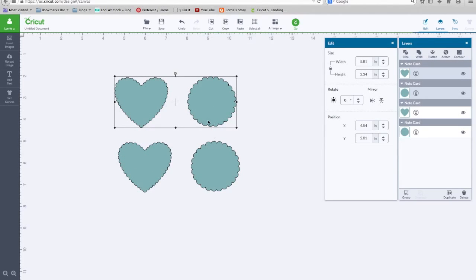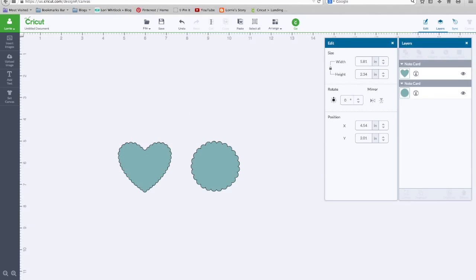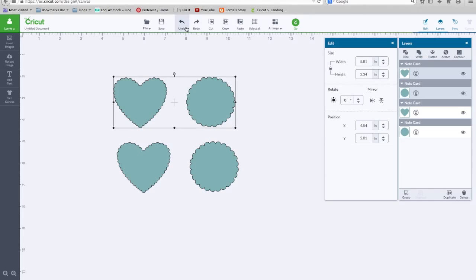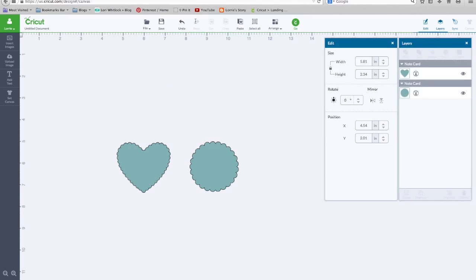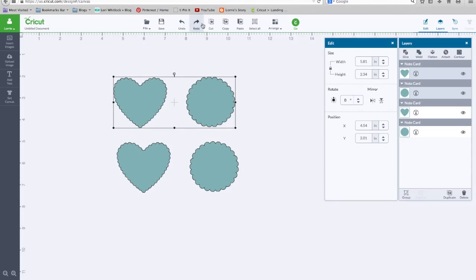Now, say I don't want the extra set, I can hit cut. And it will delete them. And I can say, yes, I do want those. I didn't mean to do that. Undo. Love the undo redo. Oh, no, I don't want it. Yes, I do. These are lifesavers quite often. Okay. So we've had a broad overview of all these tools on the top, except for the sync, which we'll